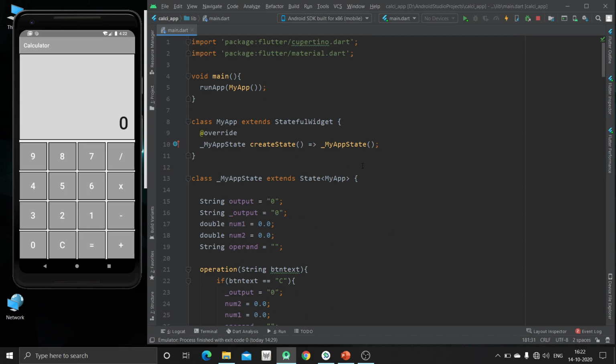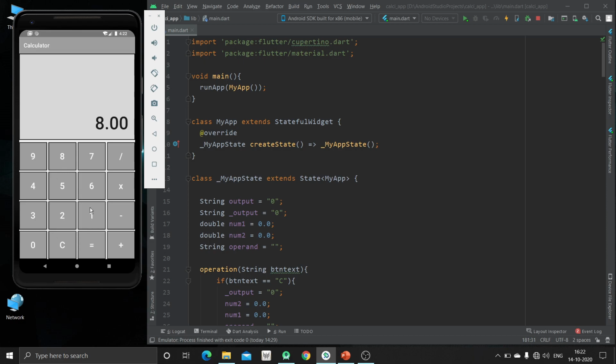So just save this. Now we are going to see. First press 9. So here is the 9, divide and 3. Now just press equal to. So the answer will be 3. After that clear everything.